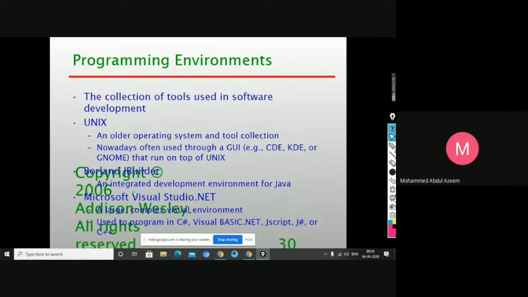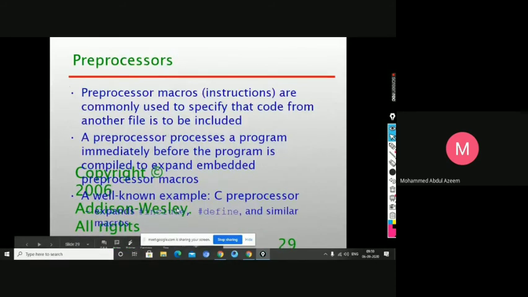Other environments are like JBuilder for Java, Studio .NET for C#, Visual C++, and all that. Now coming to preprocessors, basically in a C program also you have seen preprocessors, hash define, hash include kind of thing, you may have used, right? The advantage of the preprocessor is basically